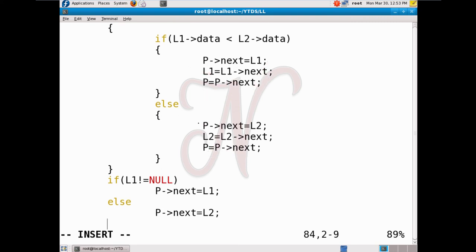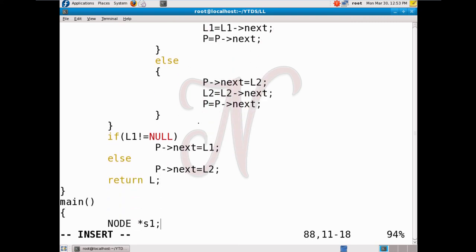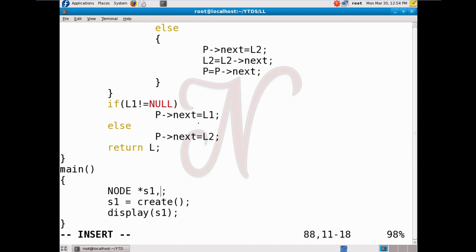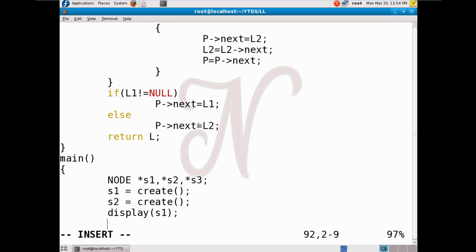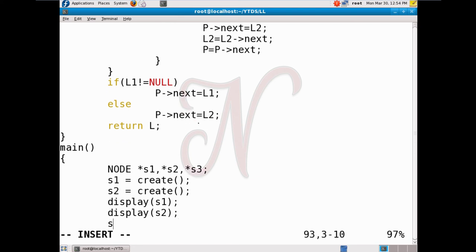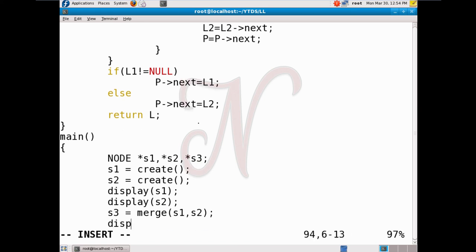Then here we return L. Here we create the two linked lists S1 and S2. First we display S1 and S2, and here S3 equal to merge, the result is in S3, and here we display S3.